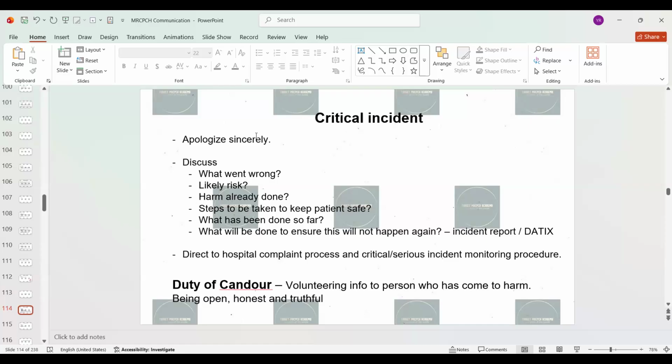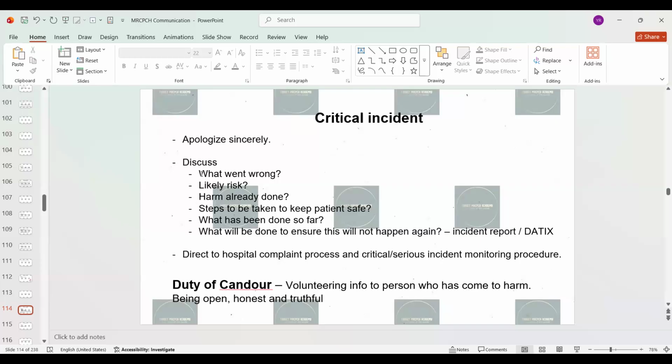This shouldn't have happened in the first place. You can use many different types of ready-made sentences. English might be difficult for many people, so use some ready-made sentences. Have at least 4 or 5 sentences for each emotion that you can use when there is a need. Okay, so apologize sincerely, but don't apologize overly, saying I'm sorry in every sentence. No, you apologize sincerely and then say what has happened and what you will be doing. So what are all the things in the delivery of information you should be covering?